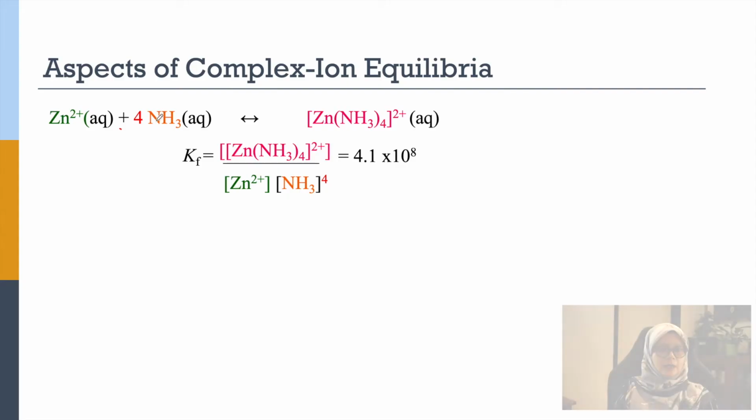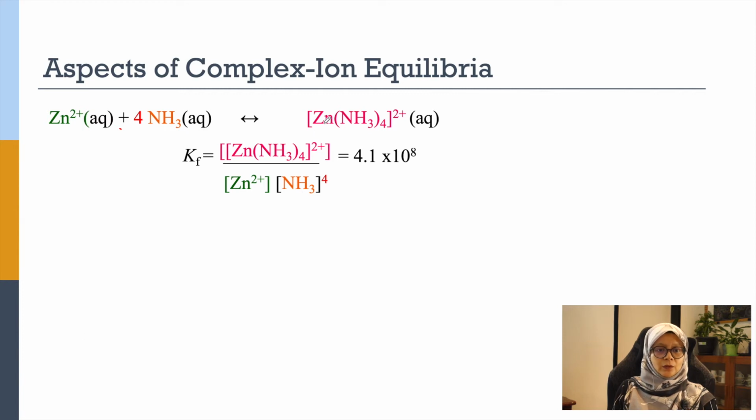So this is another example of a zinc complex ion, where Zn2+ reacts with 4 NH3, or 4 ammonia, to form tetraamminezinc(II). For the overall reaction, this is the Kf, where we have the concentration of the product